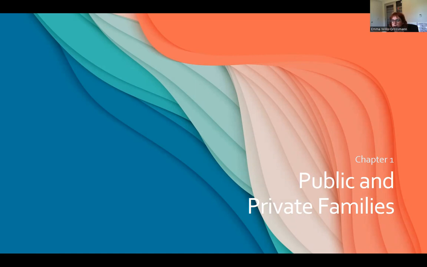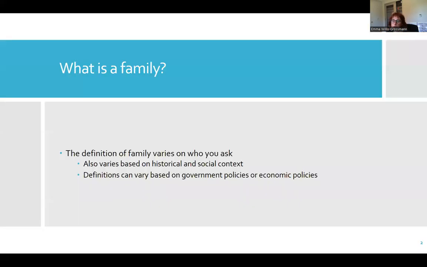So let's dive in. Throughout this course, we're going to explore multiple different family dynamics. The definition of family is going to vary based off who you ask, though. Some people would say that family is defined by blood. Some would say that family can be chosen. We also have different ideas about who and what makes a family. In this course, we'll learn about all the different ways we can define family, both in the public and the private sectors. It's important to note, though, that these definitions are dependent upon historical and social context.